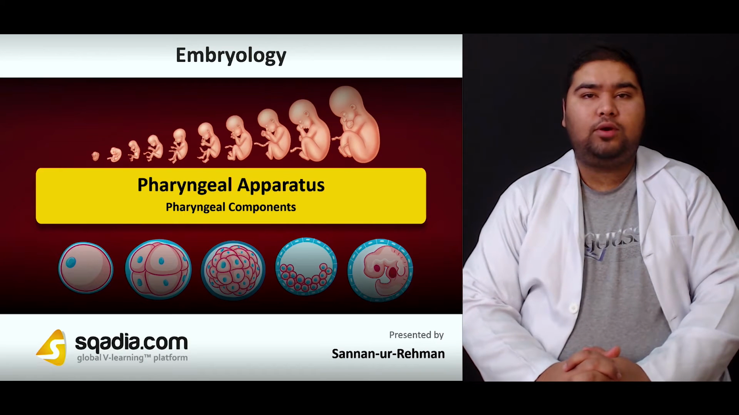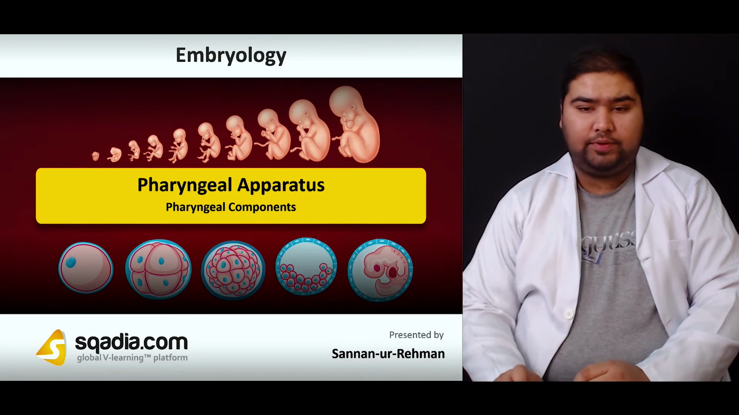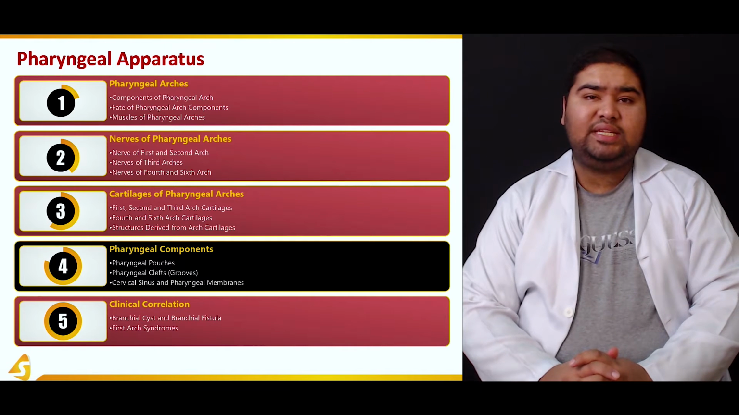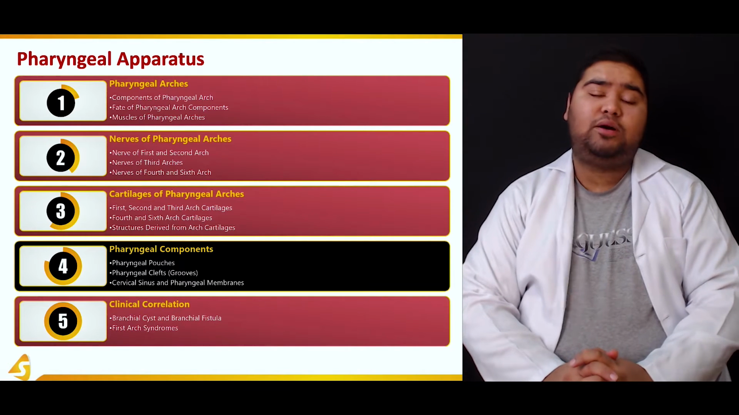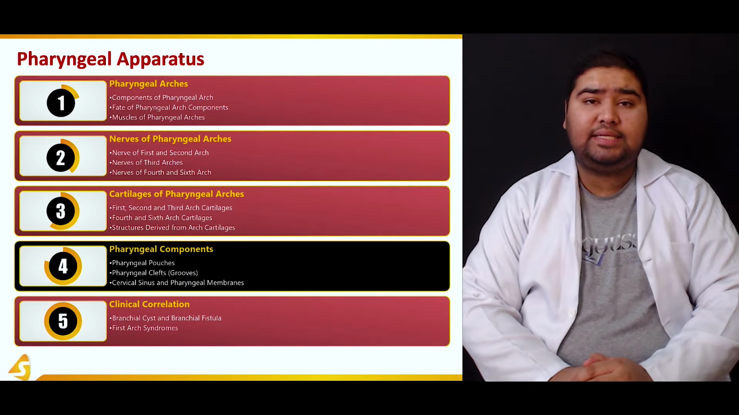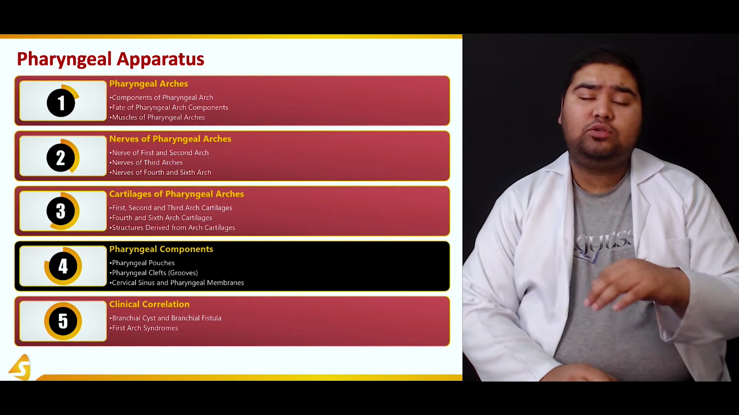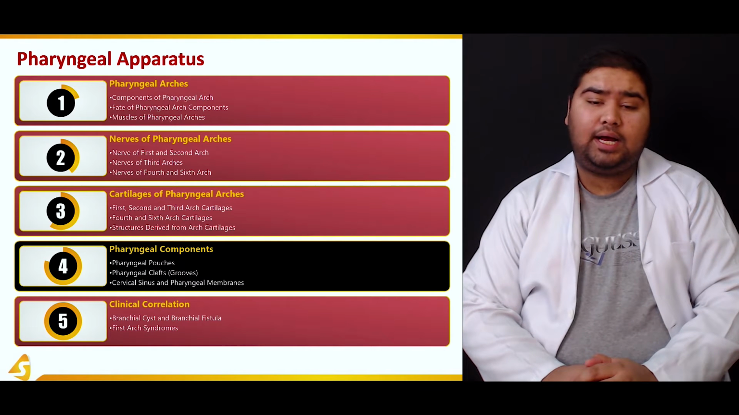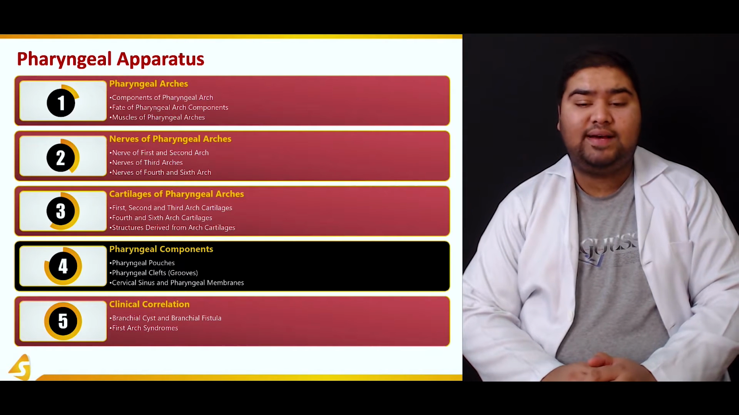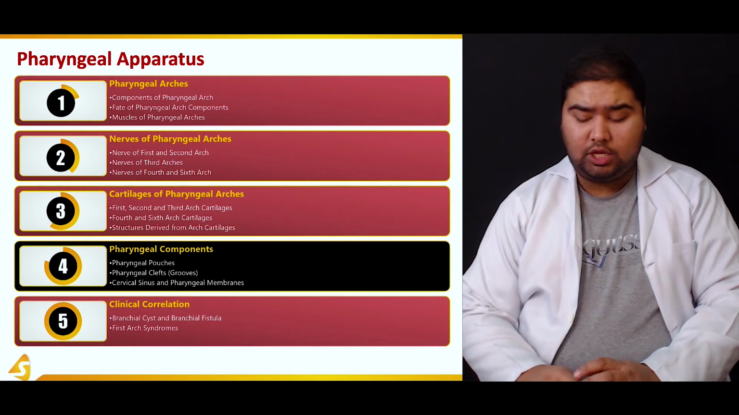Hello everyone, we are talking about the pharyngeal apparatus and now we'll deal with the pharyngeal components. In this section, we'll deal with pharyngeal pouches that lie outside of the pharyngeal arches. Then we'll talk about the pharyngeal clefts. Pharyngeal clefts are the spaces that lie towards the inside of the pharyngeal arches. And finally, we'll see what the cervical sinus is and what is the role of pharyngeal membranes in the human